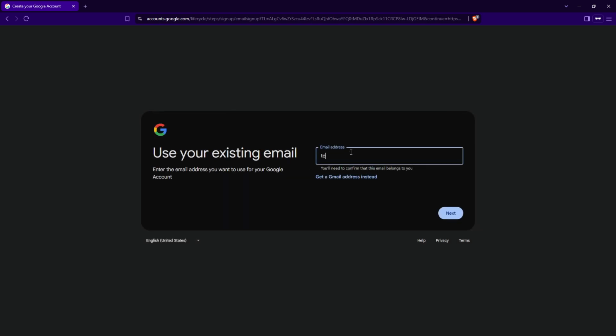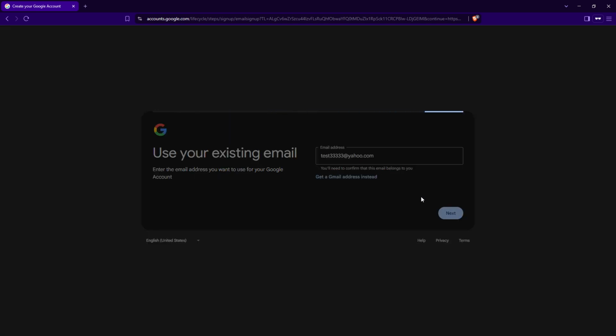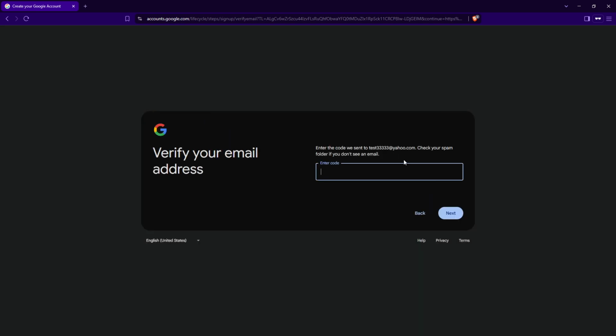Next, you'll need to input your chosen email address into the designated field. Make sure there are no typos, as accuracy will be crucial for the next steps. Google is going to send a verification code to that email address, so keep an eye on your inbox for an email from Google. Once you receive it, log into your email account and locate the email with the verification code. Copy this code carefully without trailing spaces, and then paste it into the verification field back on the Google